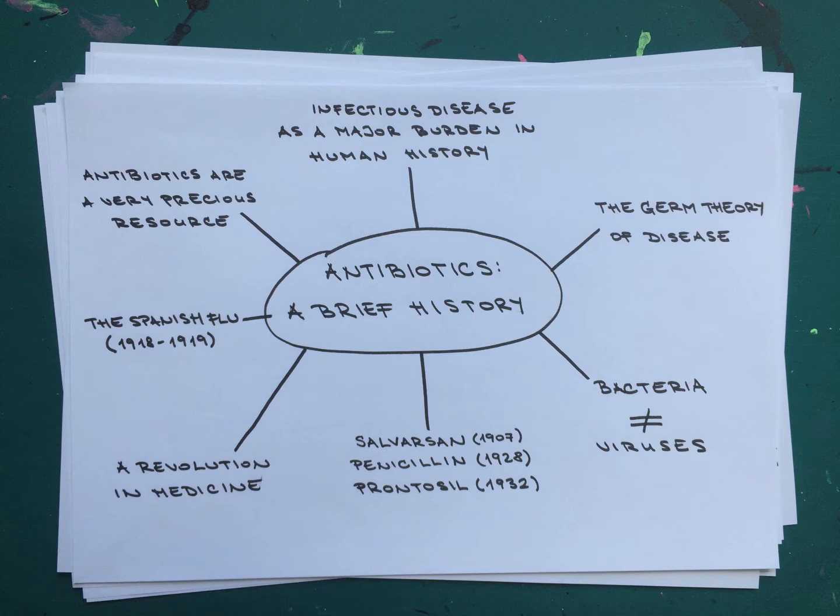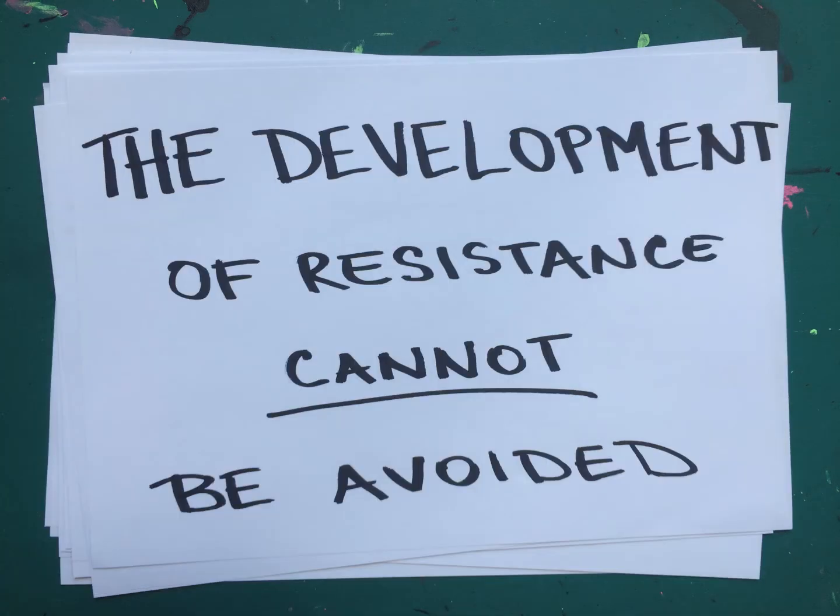And antibiotics, as I said, they're almost a miracle drug, and they're a very, very precious resource. However, we have not been treating them this way. And already Fleming in 1945, in his Nobel Prize acceptance speech, warned about the emergence of resistance. And actually, resistance to penicillin was already shown before penicillin even became used widely in medicine. And therefore, the development of resistance cannot be avoided. It's something that happens, and we have to try to manage this. We can try to work with it and against it, but we cannot avoid it.